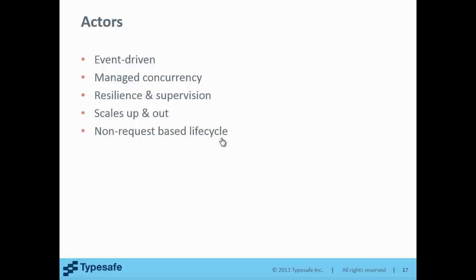So with actors, you can configure the thread pools, configure how many threads you're going to allocate to each part of your actor system. Actors are great for managing the non-request-based lifecycle parts of a web application. So we'll see an example towards the end where I have part of my application that's happening out of band, out of a request cycle, and actors are a really nice place to have something that isn't necessarily part of